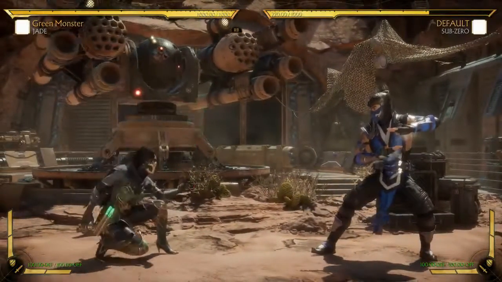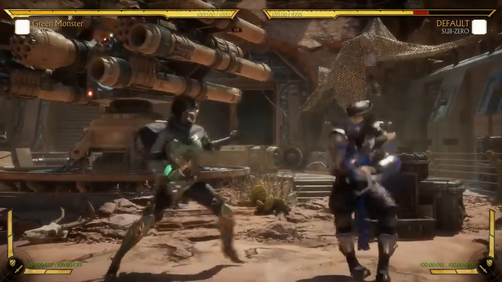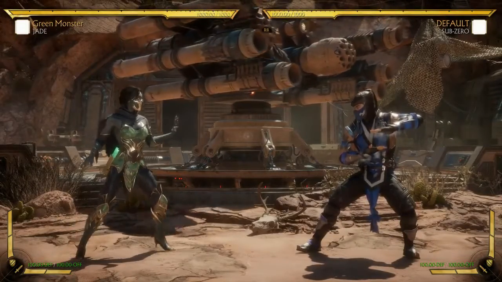Like, you can see her down 2 is awesome. It's one of my favorites to use in the game. It definitely covers a lot of... Yeah, it's a very, very good move. So I'll go over just a few of her normals that I think are core. I think her back 2...